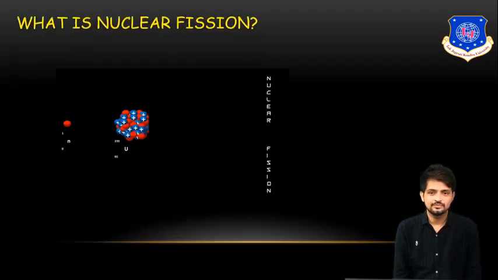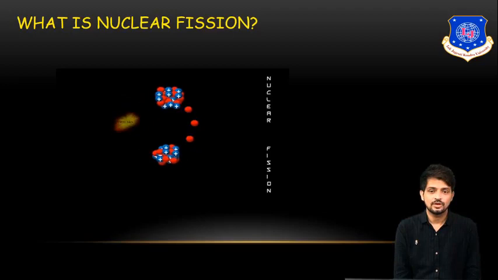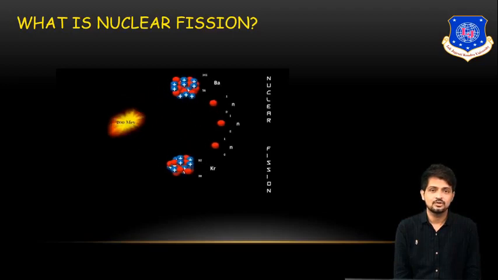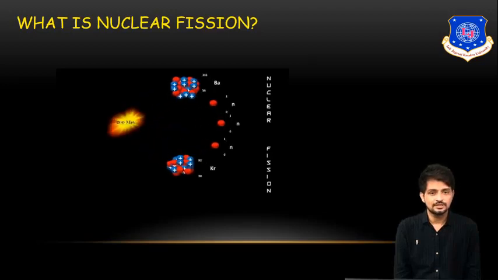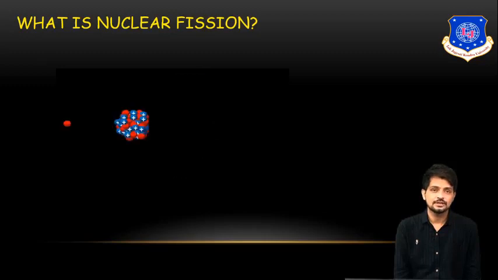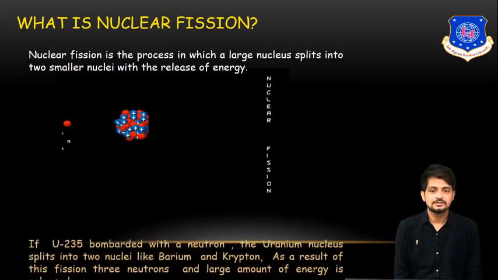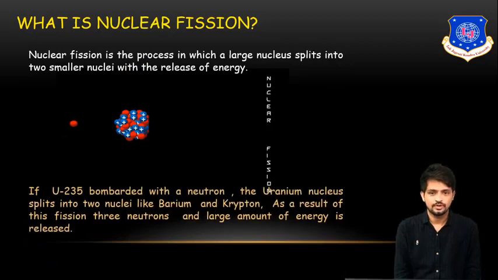You can see the diagram. In the diagram, it is clearly visible that a neutron is bombarded on a uranium atom, and that atom is split into 2 nuclei. You can see here, neutron is bombarded to uranium. Then it is split into 2 parts. Barium and krypton are produced, and along with barium and krypton, 3 neutrons are produced. This is about only 1 uranium atom.